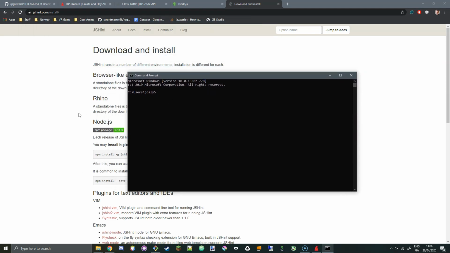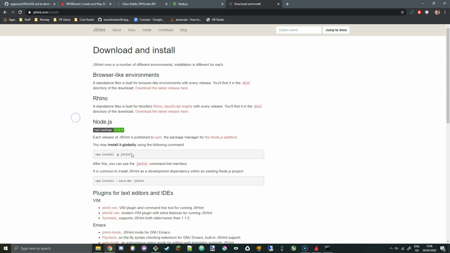And then we need to install this thing called JSHint. But if you type in node, N-O-D-E, and then -v, it will print out the version of Node that is installed on your computer, and you should get v something. And once that's done, you need to go to